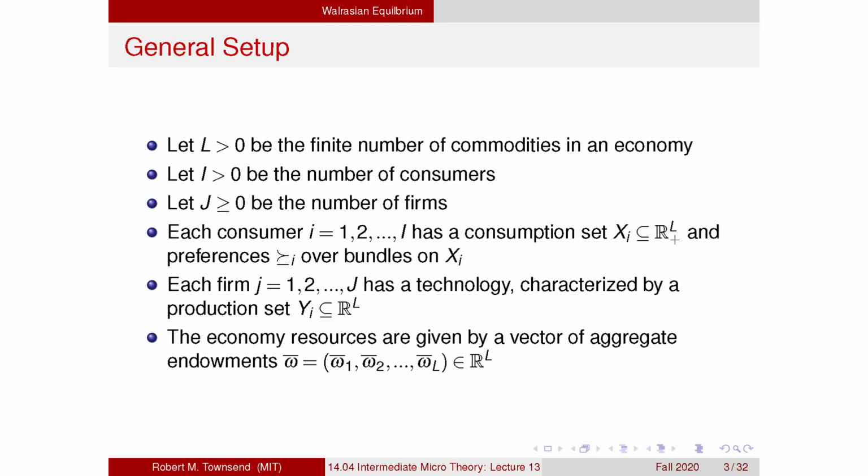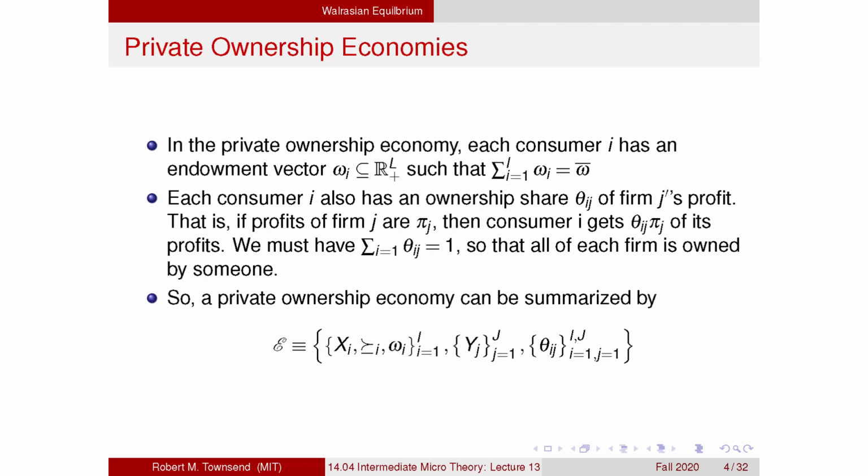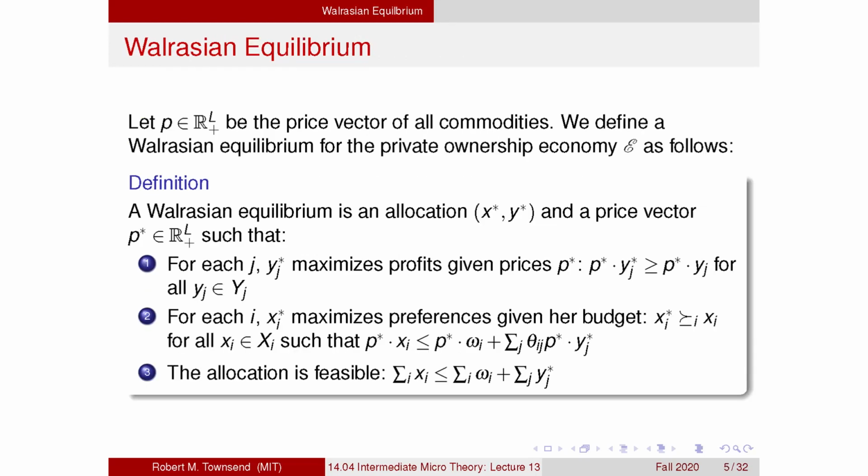Numbers of households, numbers of firms, what consumers do, what firms do, aggregate resources. We went over private ownership. And again, we had a very good discussion at the beginning of the following class to review this slide in terms of individual endowments and ownership shares, and the key definition of a Walrasian equilibrium with three items in it: